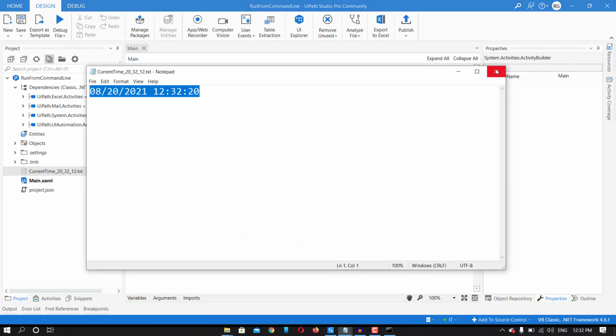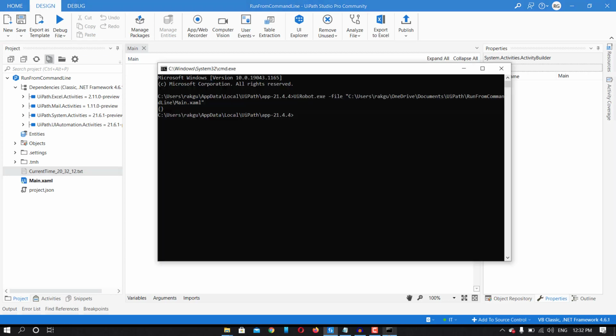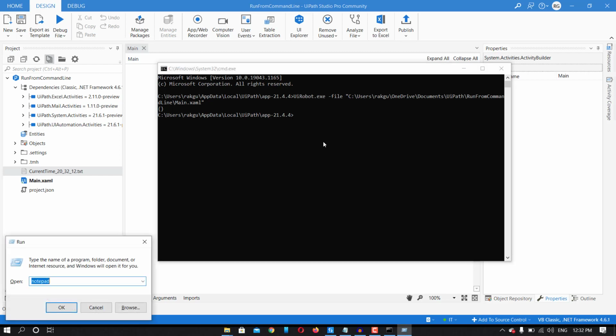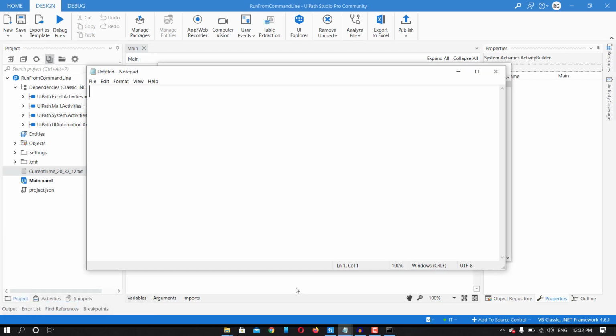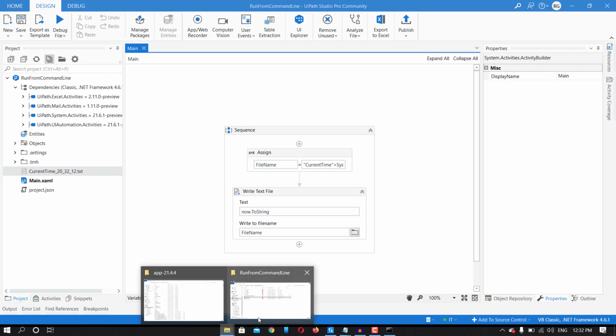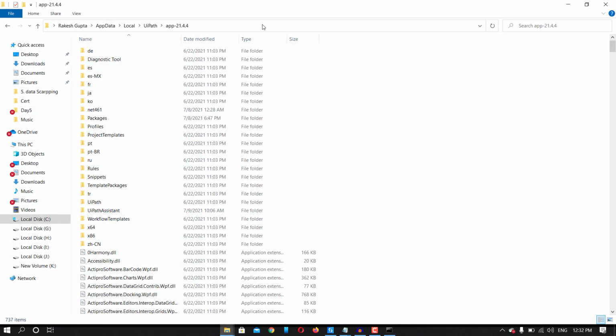If I refresh this, you can see it has created a new file, right? Now we have to run this from the command line, but every time we are not going to open the command prompt and all that. So for that I will write a bat file, and from there we will do the things. Let me open Notepad, and then copy this path, this one.